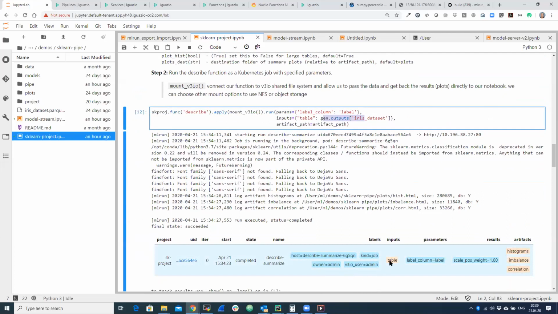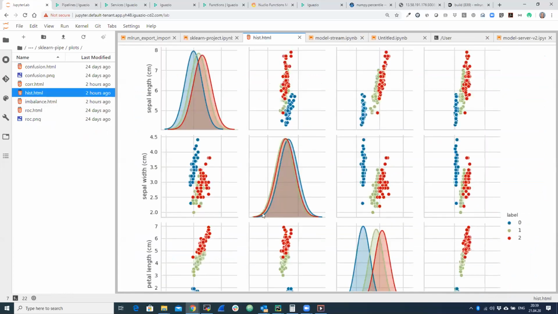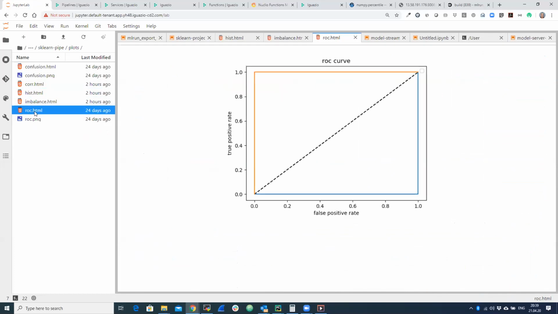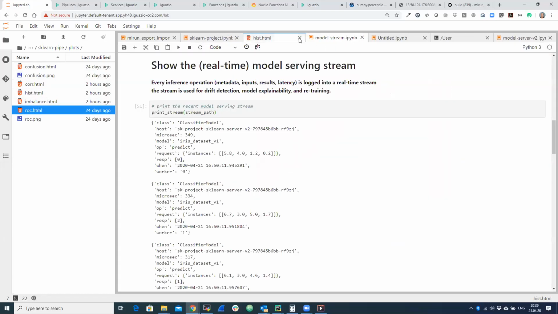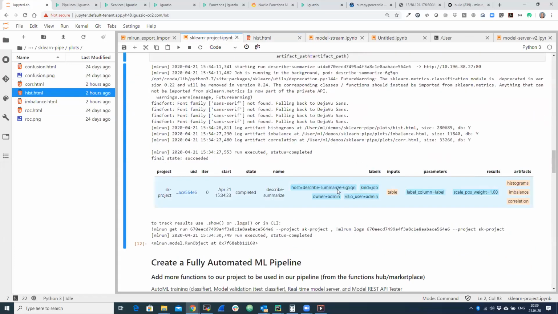It's going to run. Everything, again, is going to be tracked, and it generated a bunch of data points. Those data points actually came back into my notebook. So let's see what we have here. This is an example of analysis of all the features. Let's look at the imbalance. Looks pretty cool. All those different artifacts that were generated by those functions can actually, because they're stateful functions and they share file systems and things like that, I can actually see the results of those functions in my notebook.